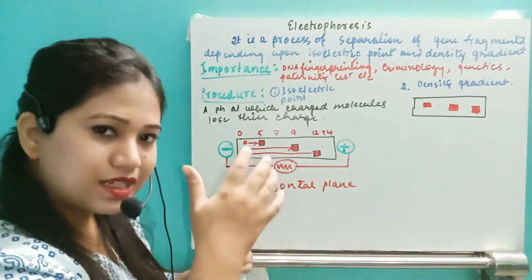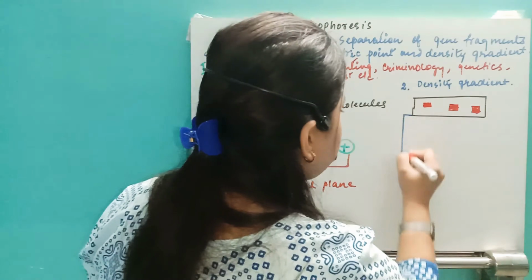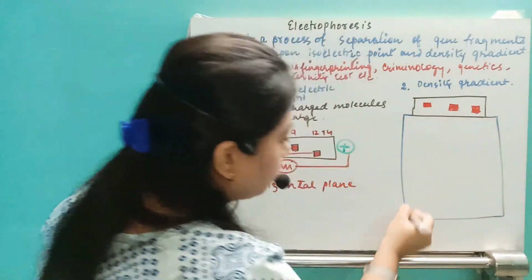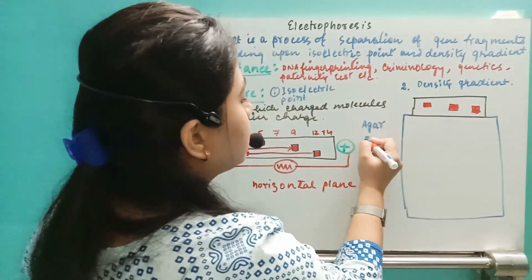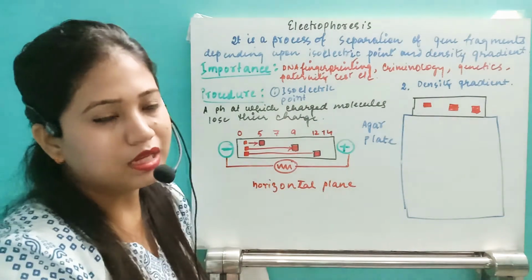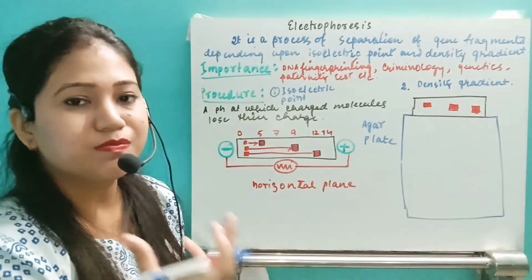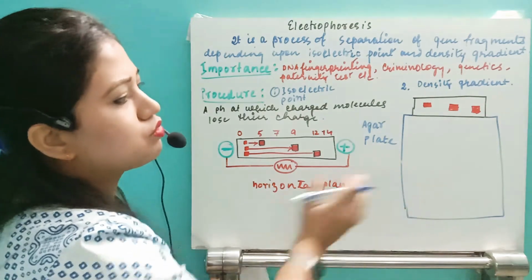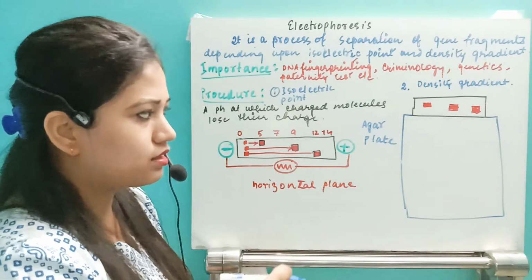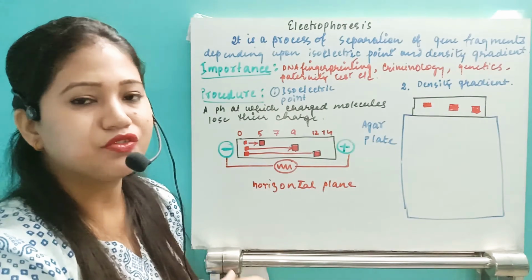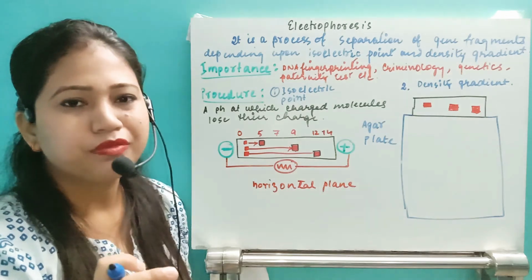After that, we will take it in a completely vertical plate. This is the agarose plate. Agar is available in the market. We take it, add distilled water, make a slurry, and pour it into the plate. When we add the gel slurry into the plate and let it rest for, suppose, 15 or 20 minutes, it becomes like jelly.